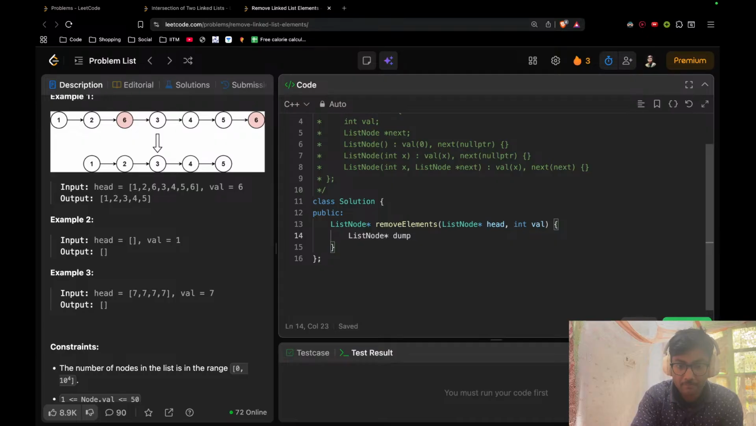Dump is equal to, I can just call this function. I think I should call this one. It's better. I can put any value, it doesn't matter. Let's put 5 and our next will be head. So we are making a dummy node that points to head. Okay. And now we check while